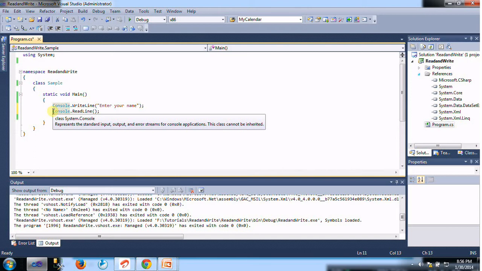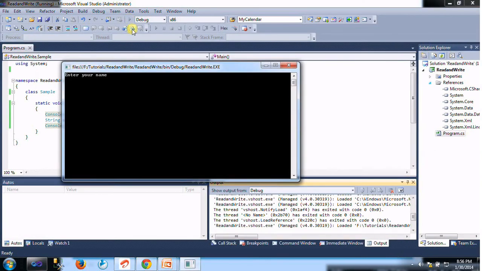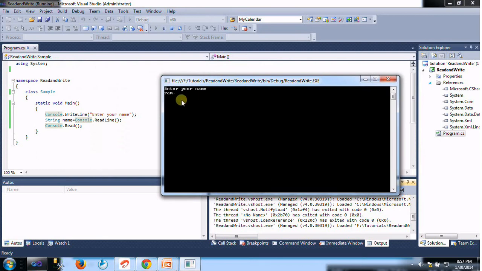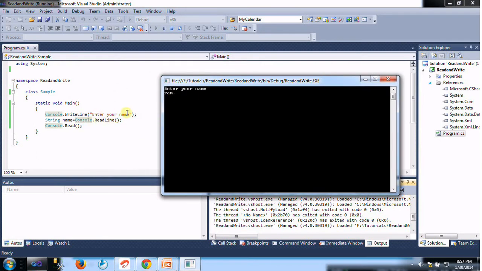So we will store this in a string variable: string name = Console.ReadLine. Let's run it again, and the user gives the name ROM. This ROM is read by Console.ReadLine, and it will be stored in the variable called name.